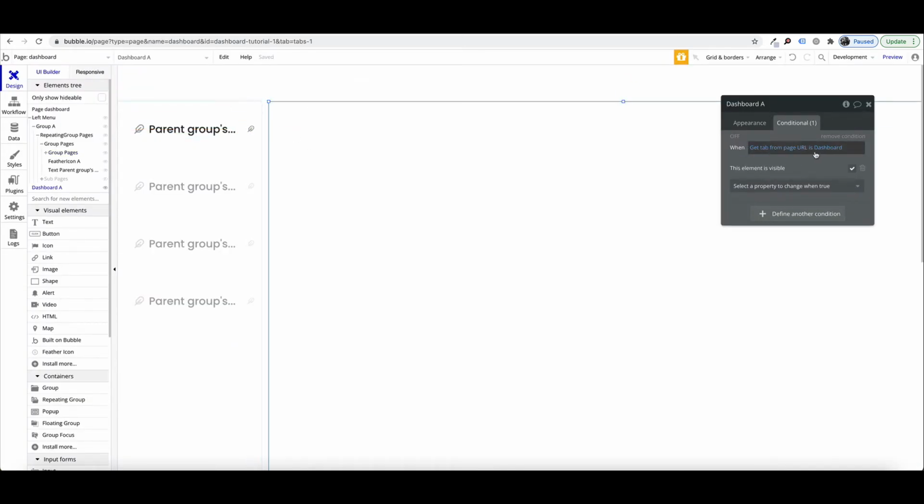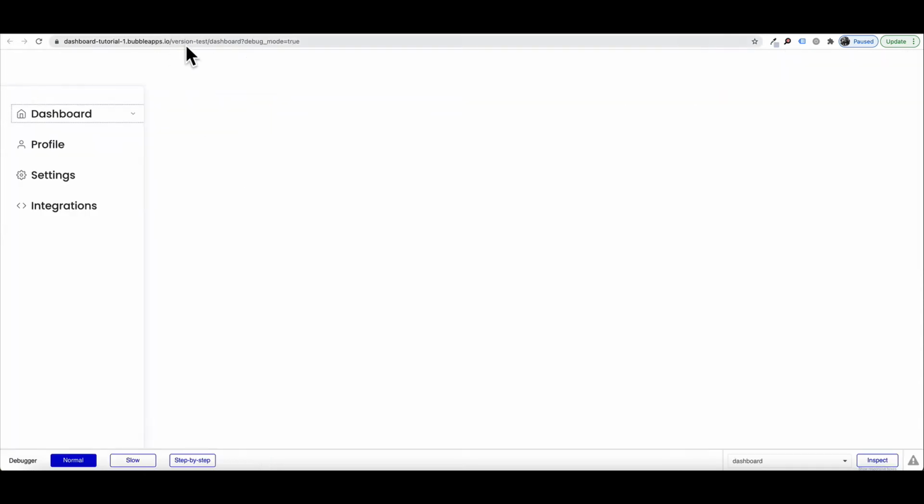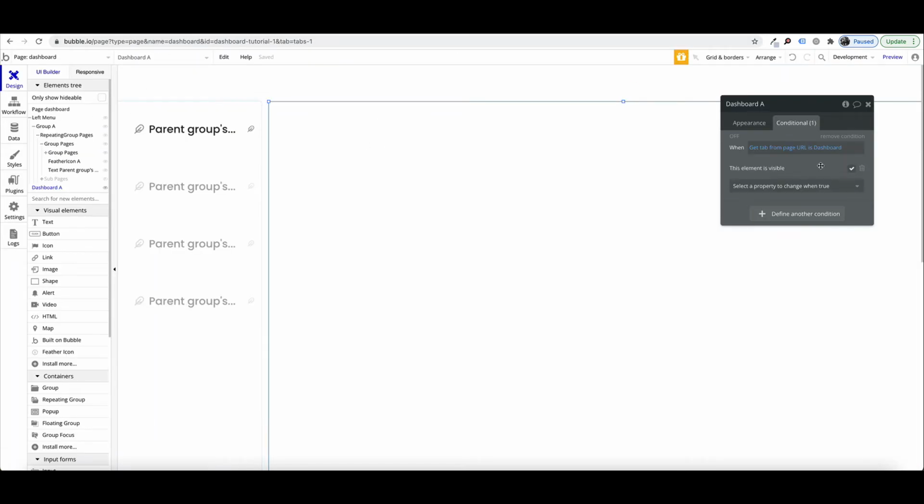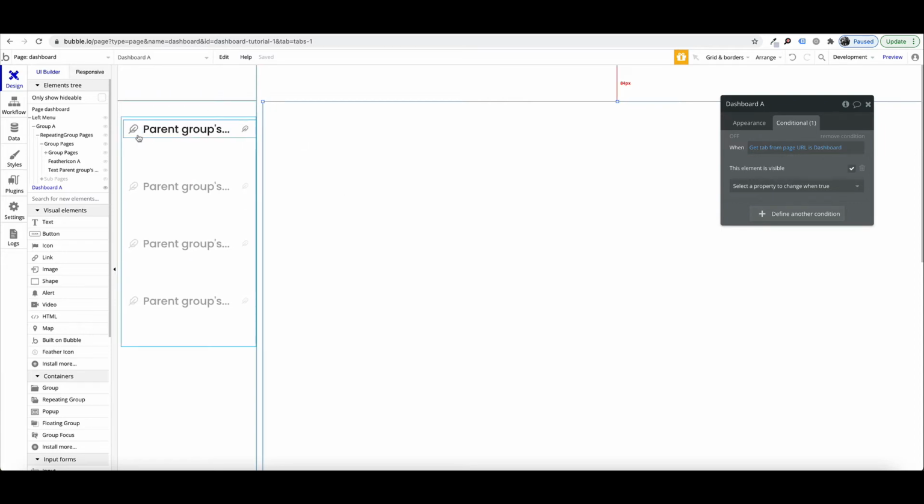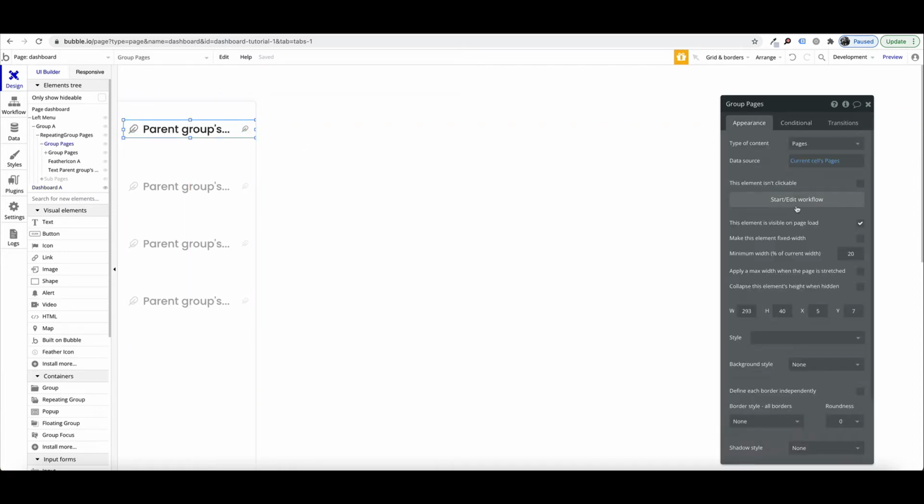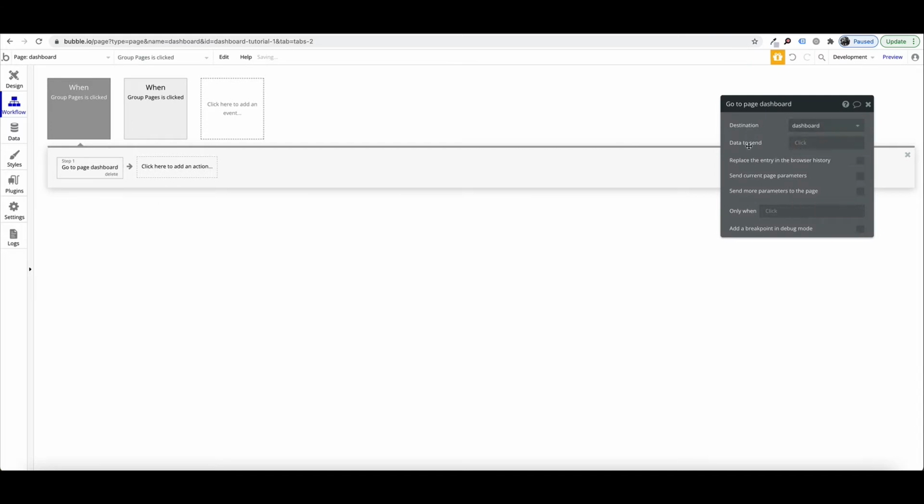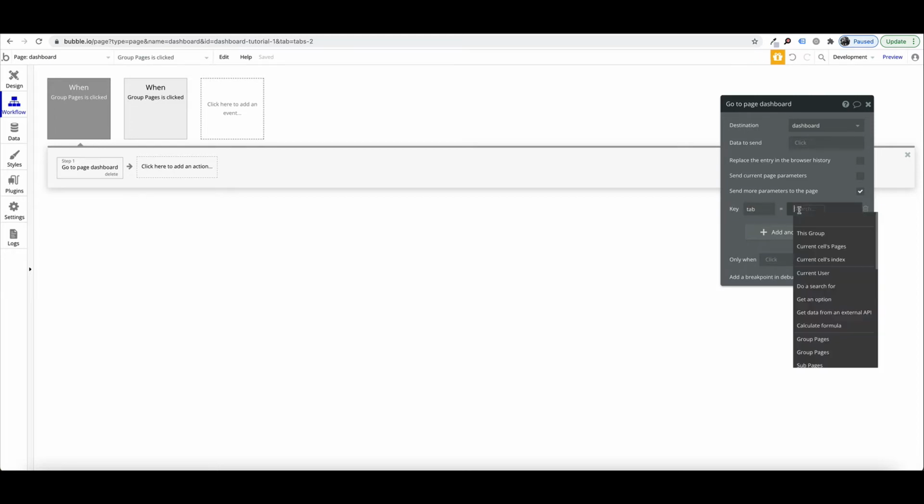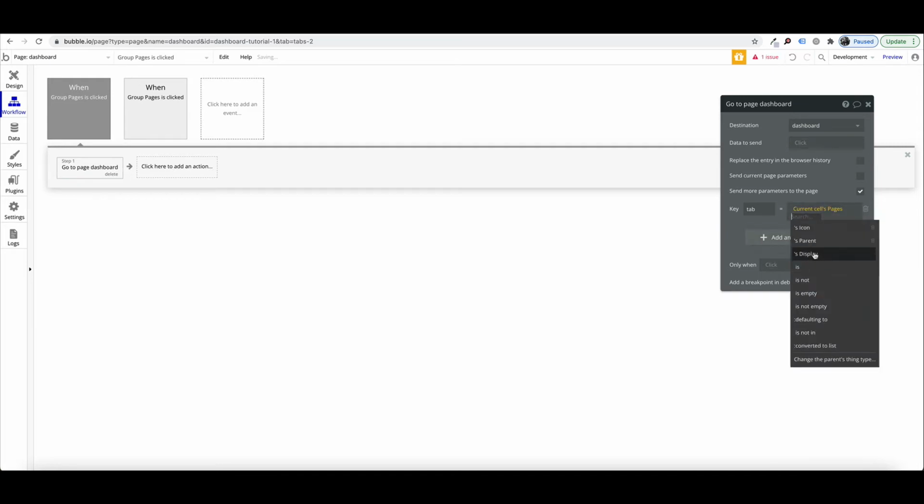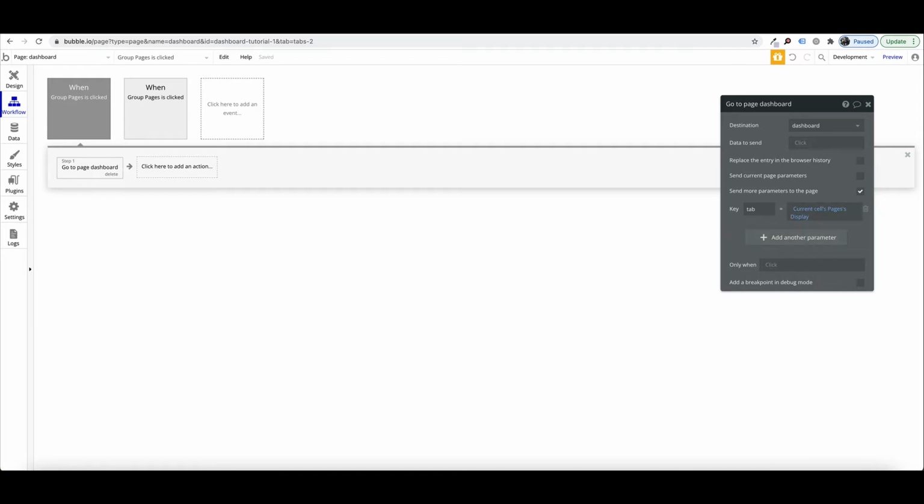So now, when in our URL at the top, the parameter contains the word dashboard, our page will be displayed. So to do that, we click on here and go when this is clicked. We want to go navigate, go to page, the current page that we're on. So we want to send more parameters. We're going to name it tab because we named a tab, and we're going to say current cell's page's display name. Okay, so now